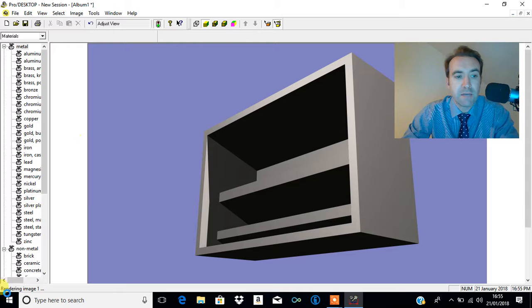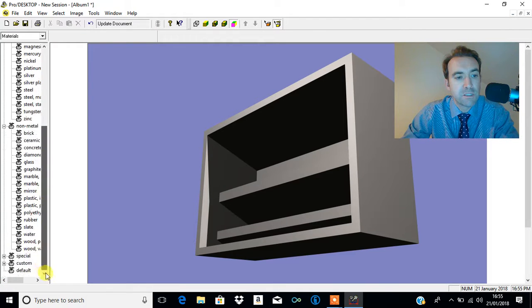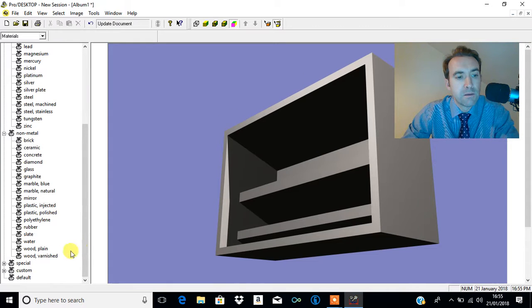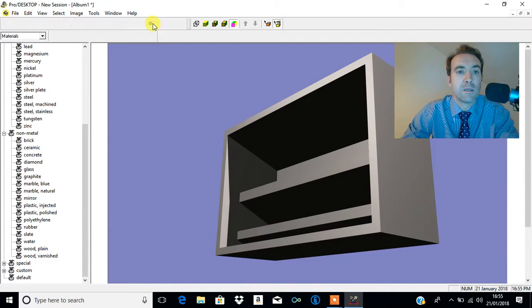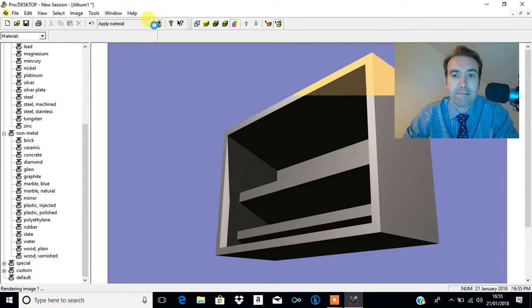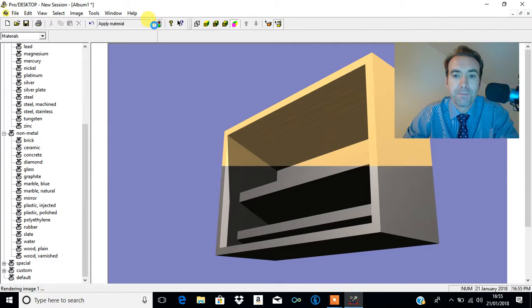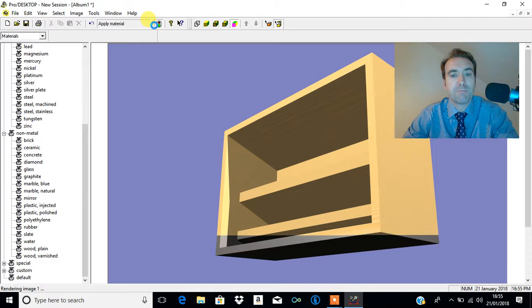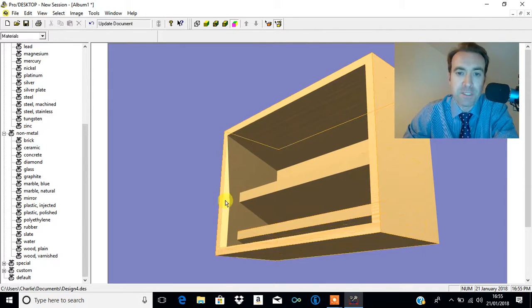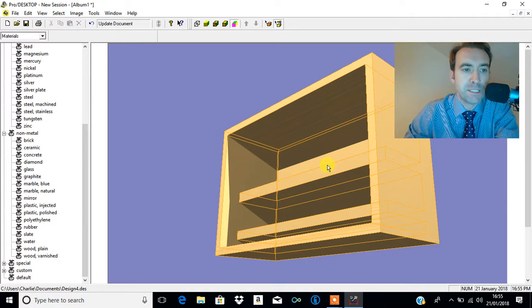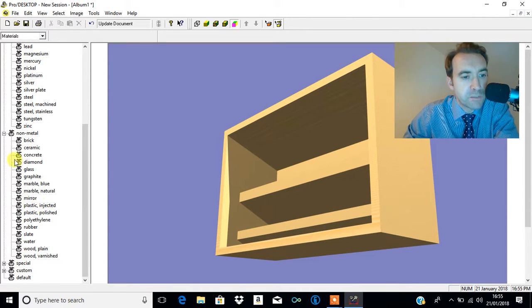Alright, so let's have a look at trying to do, let's get our wood one back on. Let's move wood, plane, varnish. There we go. But let's say you wanted to have different areas, different colours, because you're going to varnish it or paint it differently. Now there's a bit of a trick to this one. There is a plastic section. Now if we drag plastic onto this,